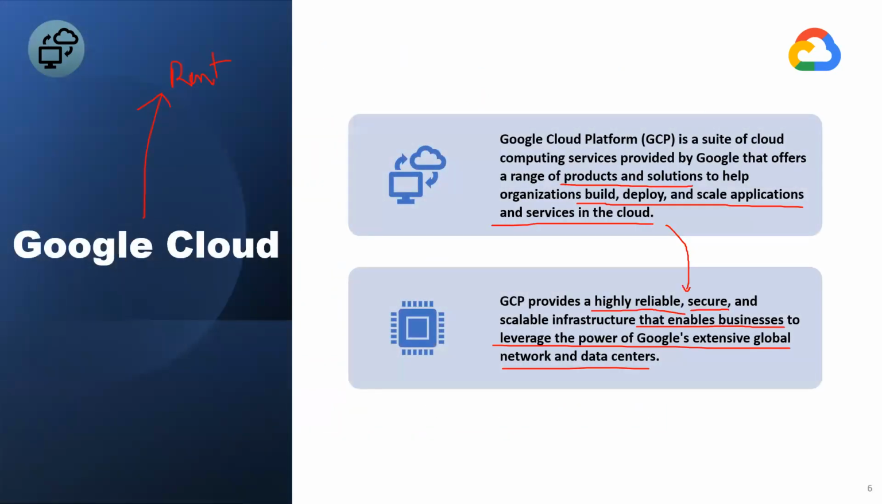Okay, so Google Cloud Platform is a suite of cloud computing services provided by Google that offers a range of products and solutions to help organizations build, deploy, and scale applications and services in the cloud. GCP provides highly reliable, secure, and scalable infrastructure that enables businesses to leverage the power of Google's extensive global network and data centers. So, whatever the topic I mentioned here, how to build it, how to deploy it, how